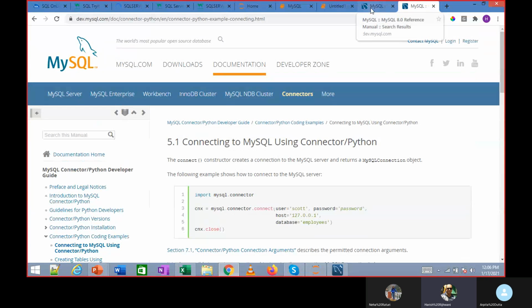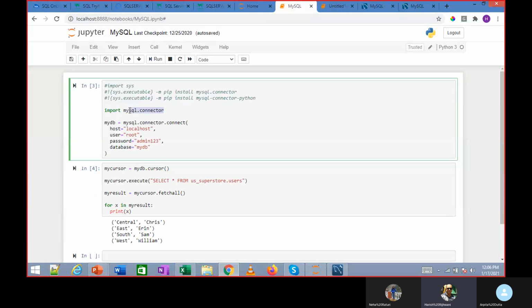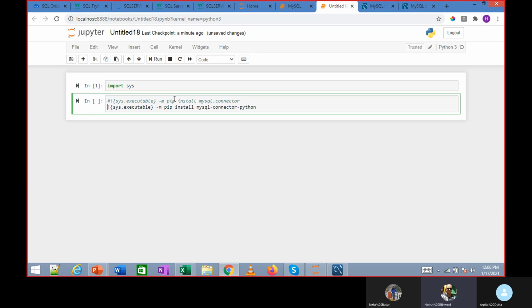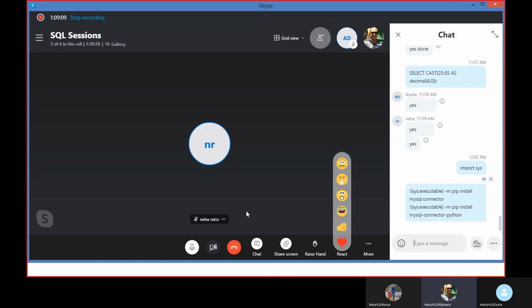But the first step, in order for Python to recognize this, you need to install this package. So you need to run these two lines without the hash, and we run it only once. Which is why you need to put the hash again, otherwise you'll keep on installing it. You don't need to install it again and again.